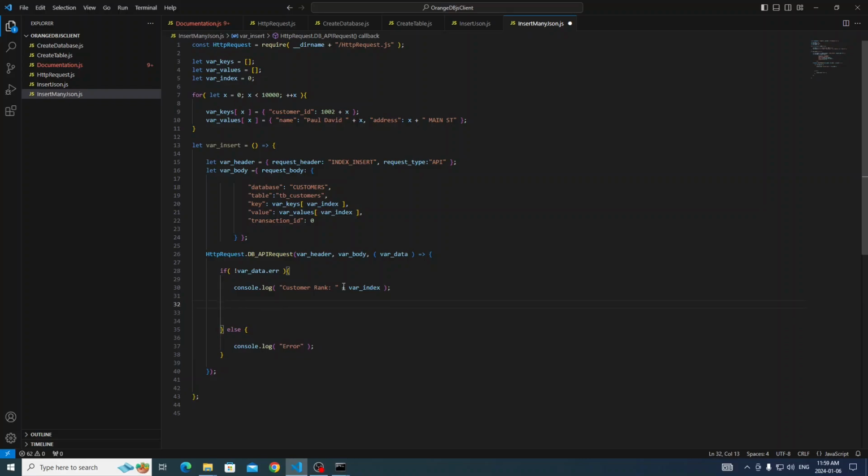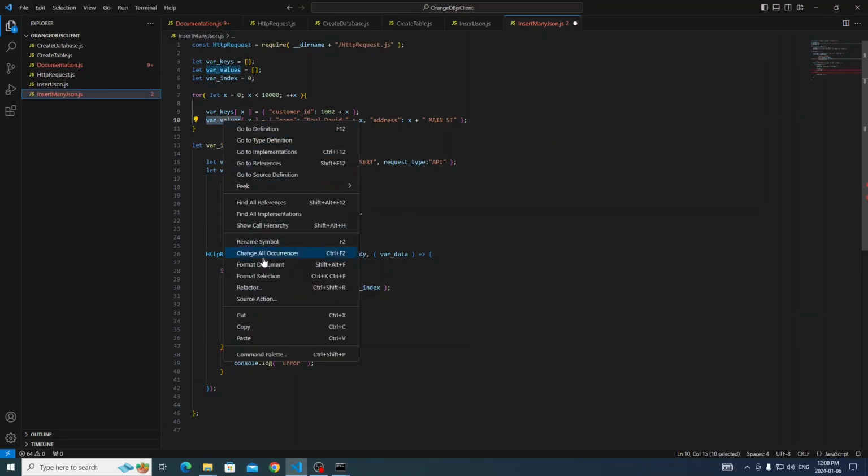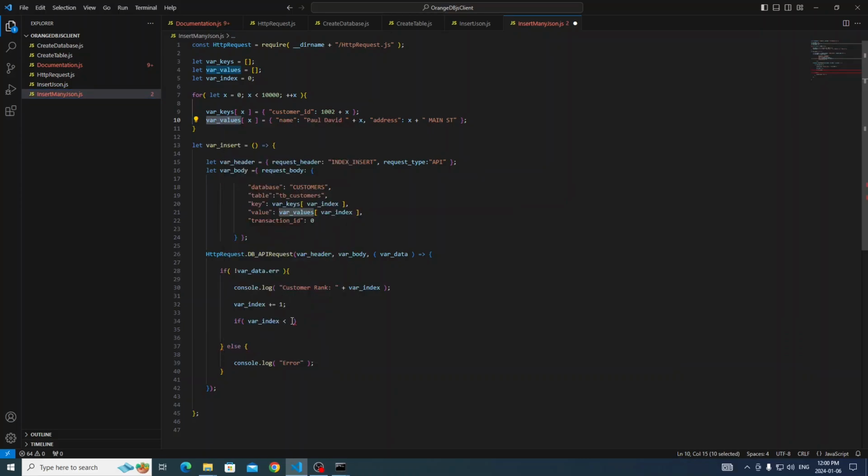I'm going to increase that index by 1 every time. And I'm going to check if var index is less than the values size or length,